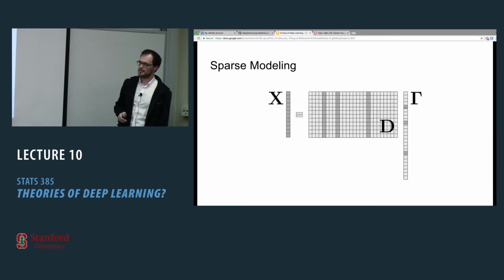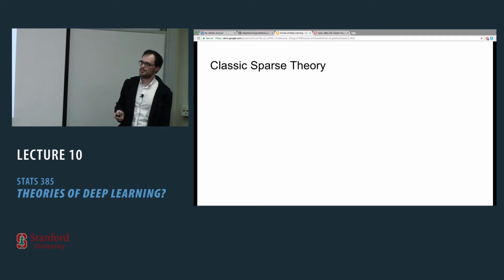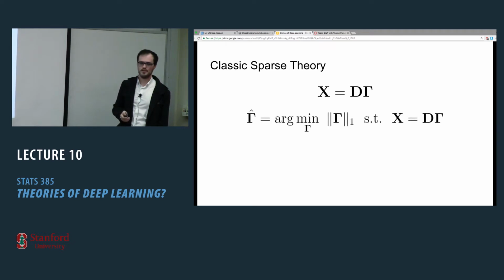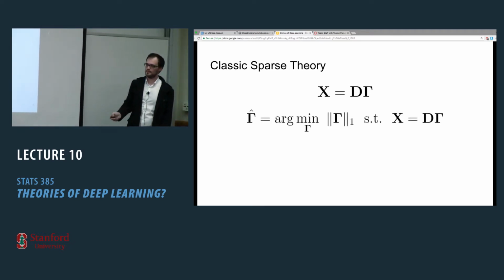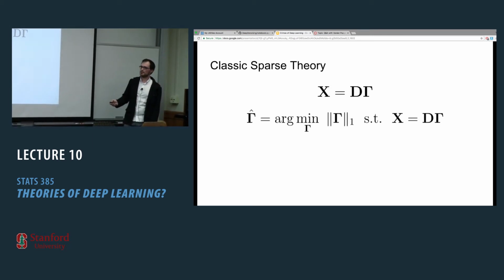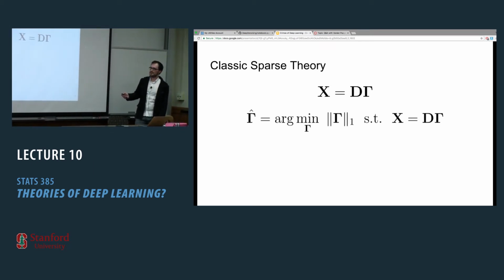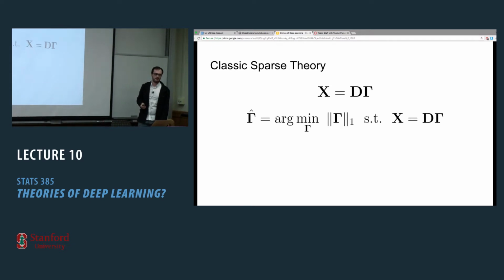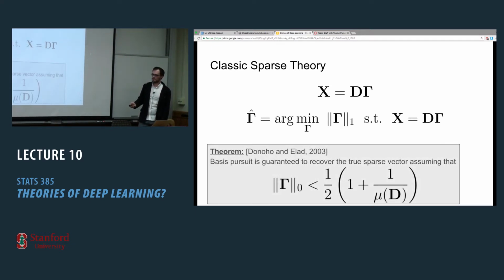So again, imagine you have a signal x, which is a multiplication of D times gamma. And imagine that you are taking this x and trying to find gamma by solving a basis pursuit problem. Now, here's a question: is this estimated representation going to be the same one as the one that generated the signal x? It's a lovely question to ask, and it was answered in the past.